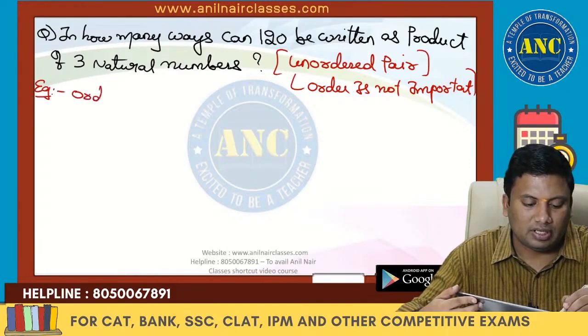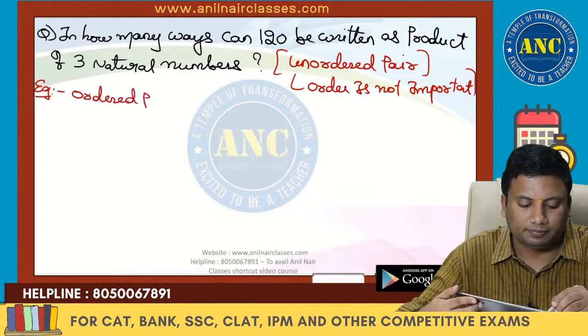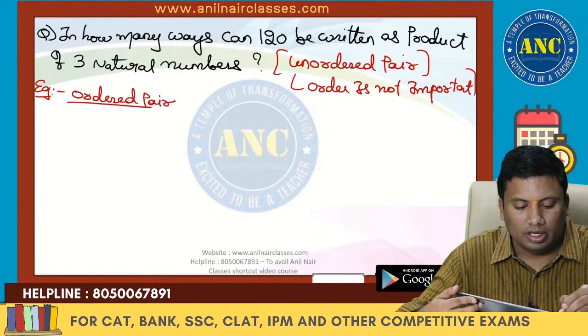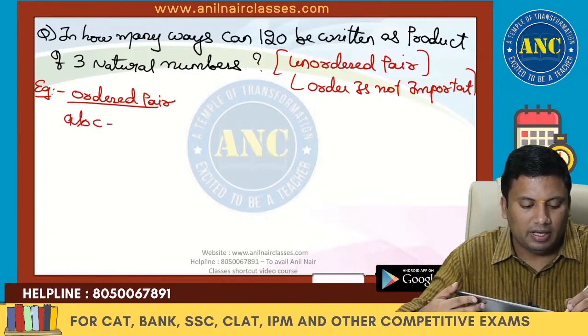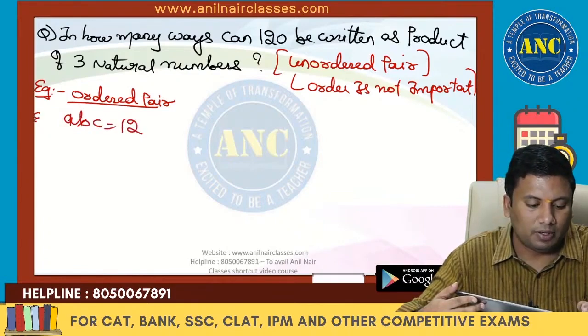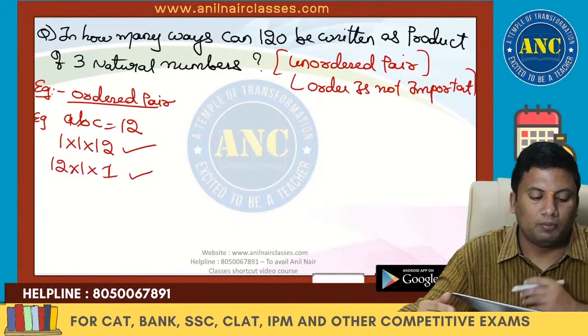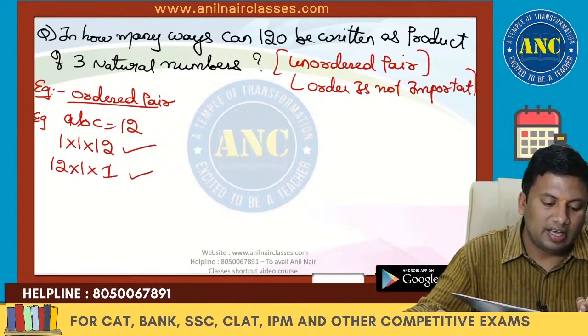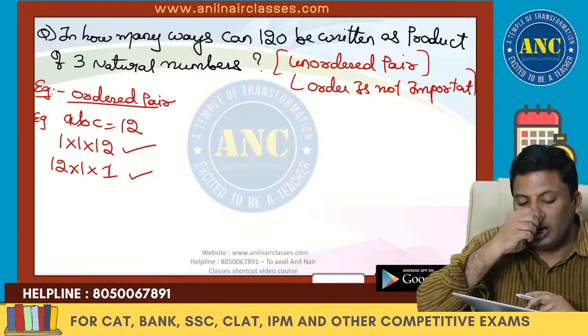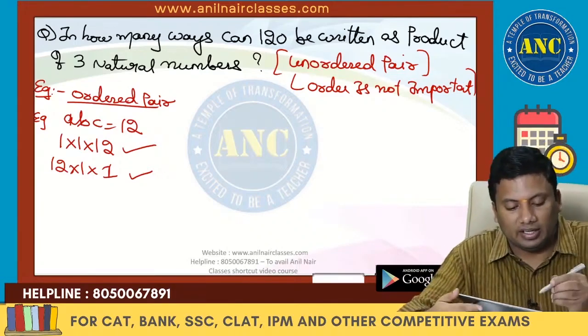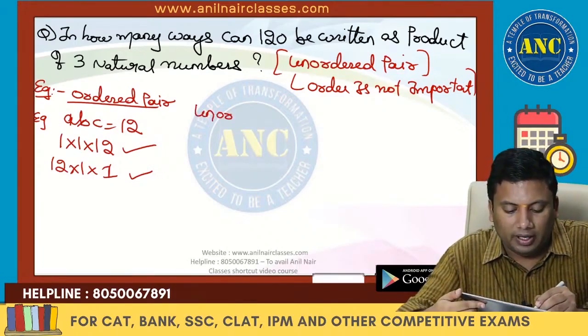Let me first take ordered pair. An ordered pair is, for example, if ABC is 12, then 1 into 1 into 12 is different from 12 into 1 into 1. Both are different: in one, A value is taking 1, and in the other, A value is taking 12. But in an unordered pair,